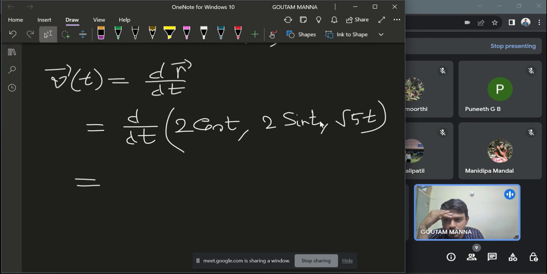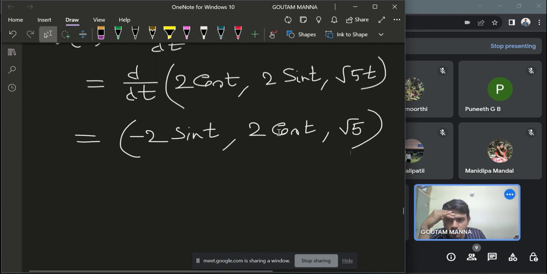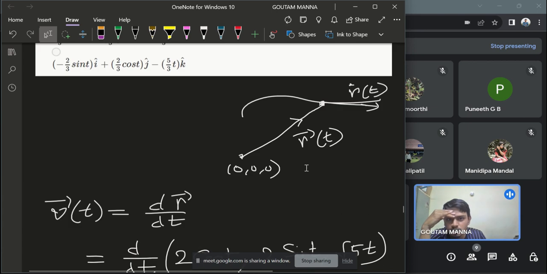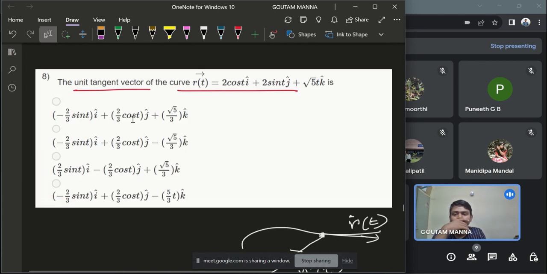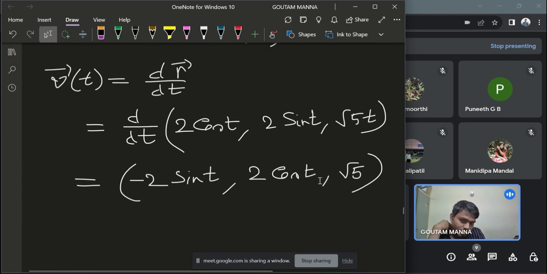The d dt will be minus 2 sin t, comma 2 cos t, and root 5. This is a vector along this tangential direction, and we need to find out the unit tangent vector. That means we need to find out the unit vector along this direction. So we call it v cap,